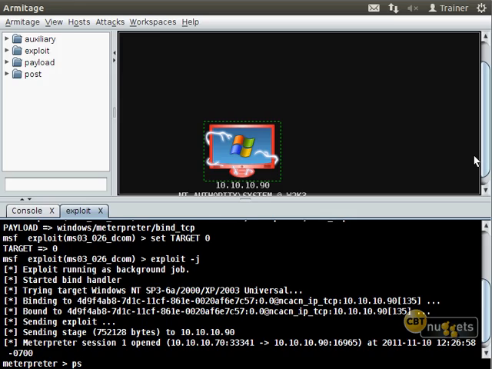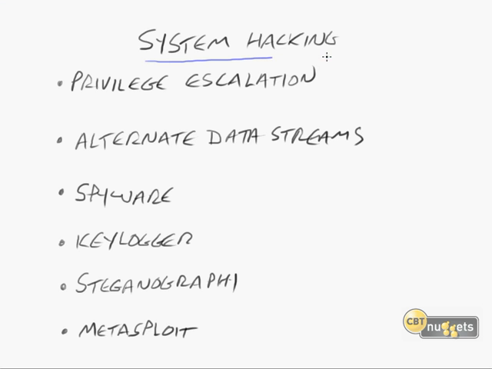practical reasons. In this nugget, we took a look at system hacking. We started off taking a look at privilege escalation, which is what you just saw that I did with Metasploit. And in fact, that's what we discussed. We talked about Metasploit there, but what we saw happen was I escalated my privilege to the system level, even higher than any logged on administrator could possibly ever get. That's going to be very important in system hacking so that you can do high-level functions.